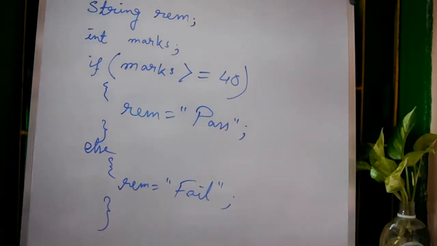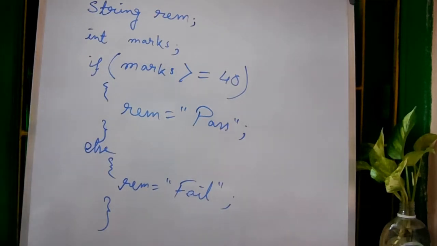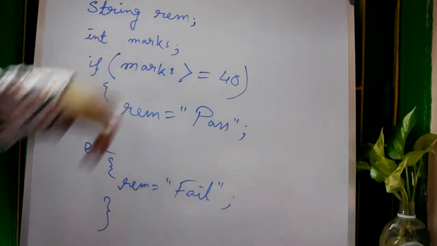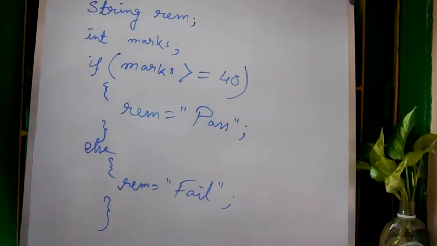Now the next thing I am showing is the nested if else statement. What does nested if else statement mean, and when do we apply it? Here, how many conditions were there? Two conditions: in this program, either marks will be more than 40 or less than 40. On those occasions we use the simple if else statement.